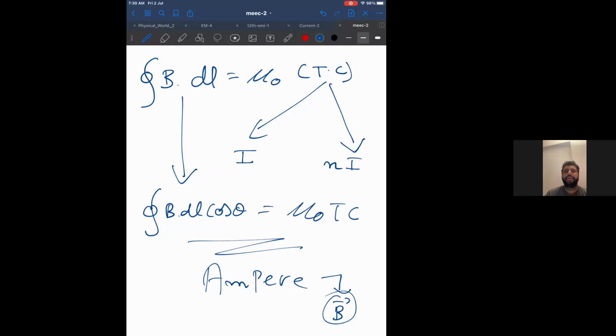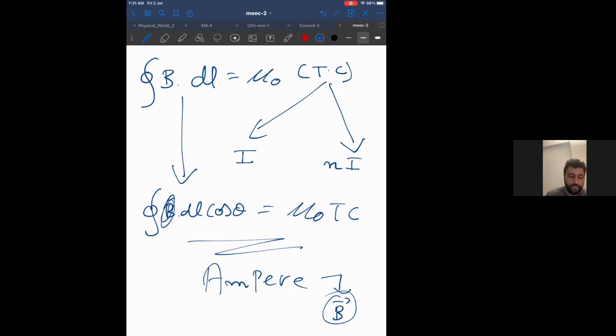Okay, let me repeat. Ampere's law focuses on magnetic field of induction, capital B. What is the unit of magnetic field of induction? Weber per meter square, or Tesla, or Newton per ampere meter. Whenever you're told to find magnetic field on some device, like a solenoid, or a circle, or a toroid, or anywhere, your first thought should be, can I apply Ampere's law and get the answer? Because more than 90% of the problems to find magnetic field are Ampere's law. So Ampere's law focuses on magnetic field only, meaning I'll have to find magnetic field.